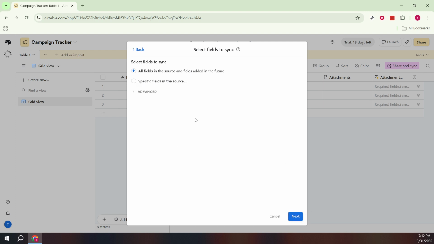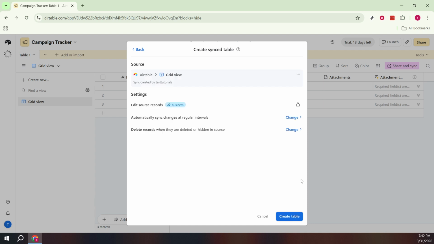The primary field is required, and most common field types work well. But remember that synced tables are read only in the destination. You'll make structural changes in the source. Click Next again to confirm your choices. Finally, choose Create Table. Airtable will add a new synced table in your destination base and pull in the first